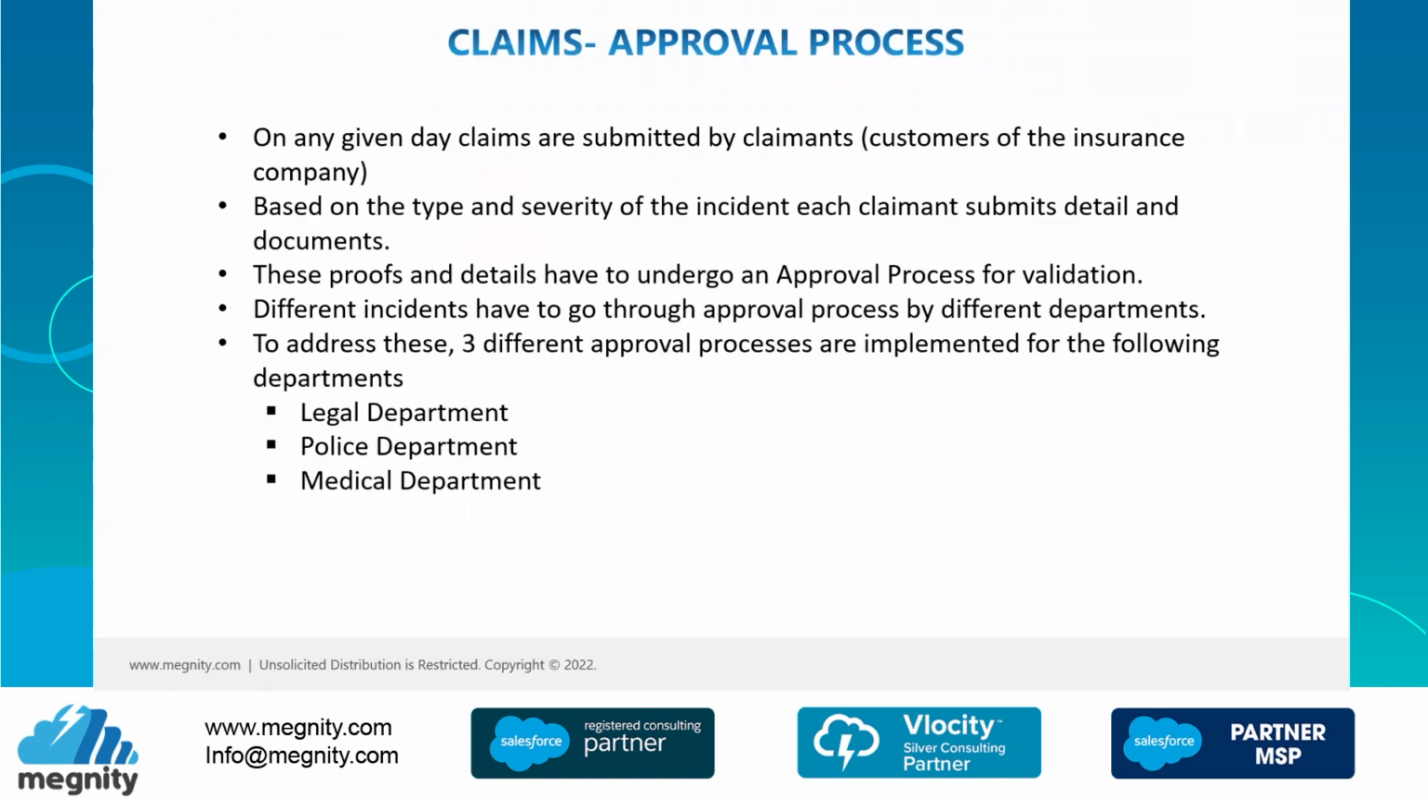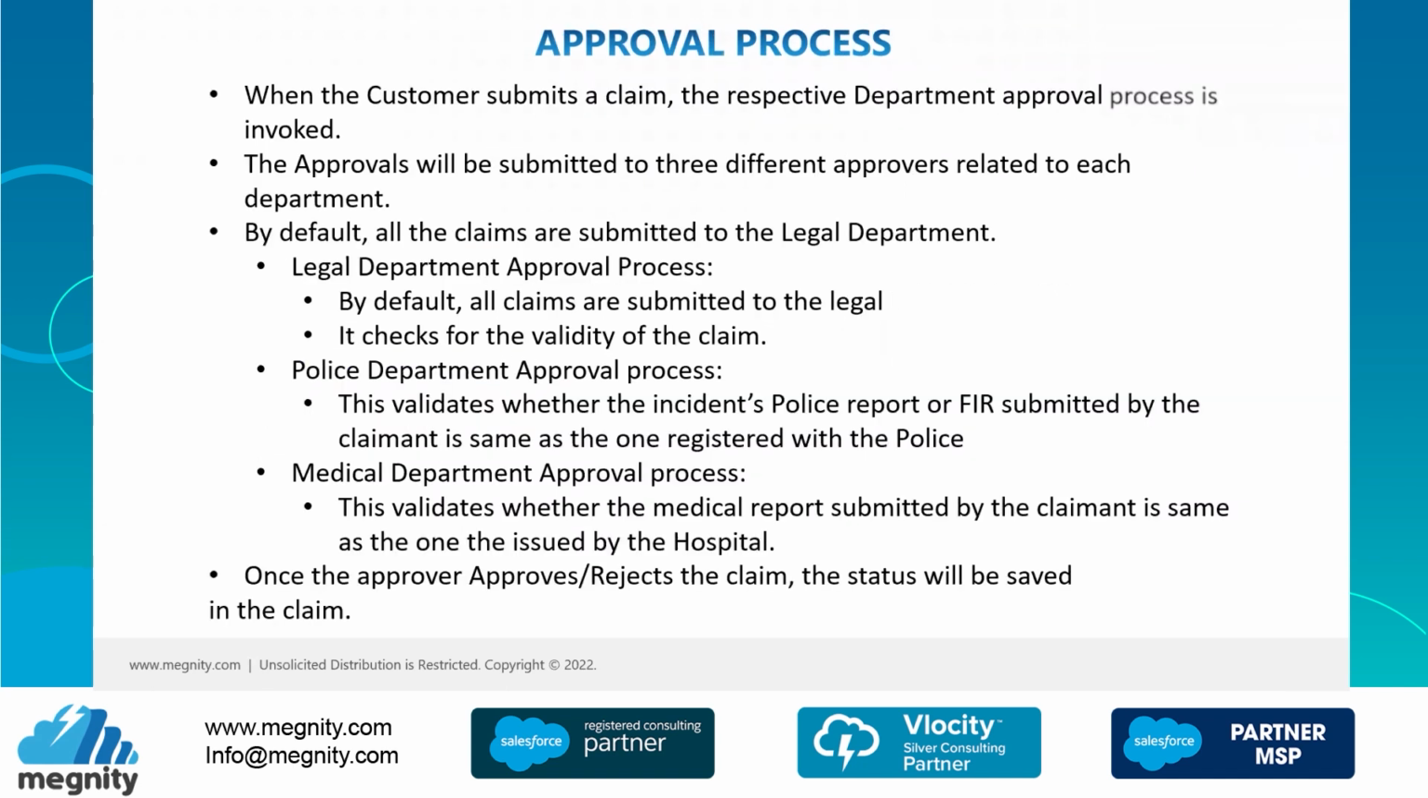When a claimant successfully submits his claim, he will upload some relevant documents regarding police affairs or medical reports, based on the type and severity of the incident. Here we are going to talk about three different department approvals: legal department, police department, and medical department. For the legal department, by default, all claims are submitted to the legal department, and